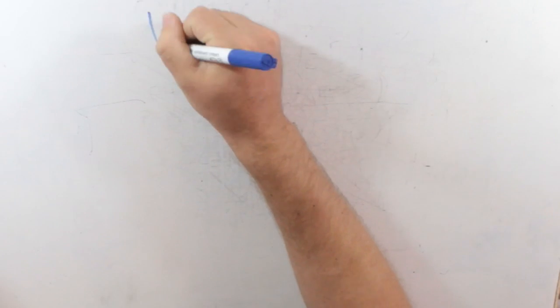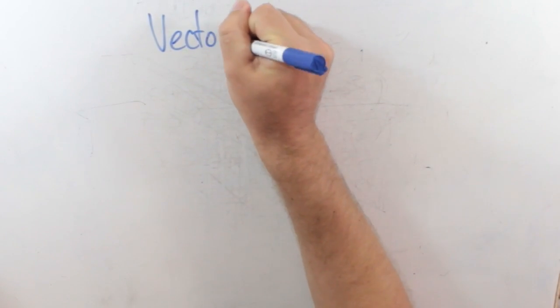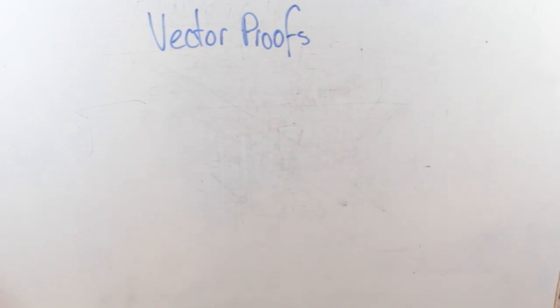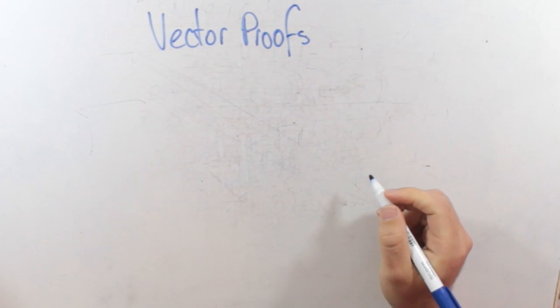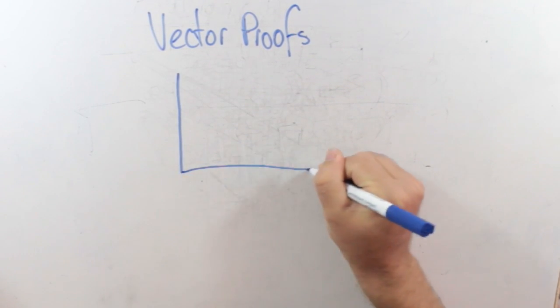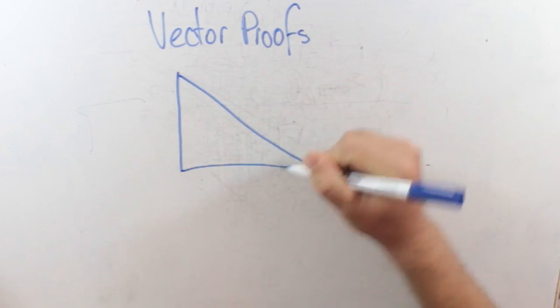Alright, today we're going to do a couple of vector proofs. Just a couple to get you started. The first one, we're going to prove Pythagoras' theorem. Now we know Pythagoras' theorem when we have a right angled triangle,